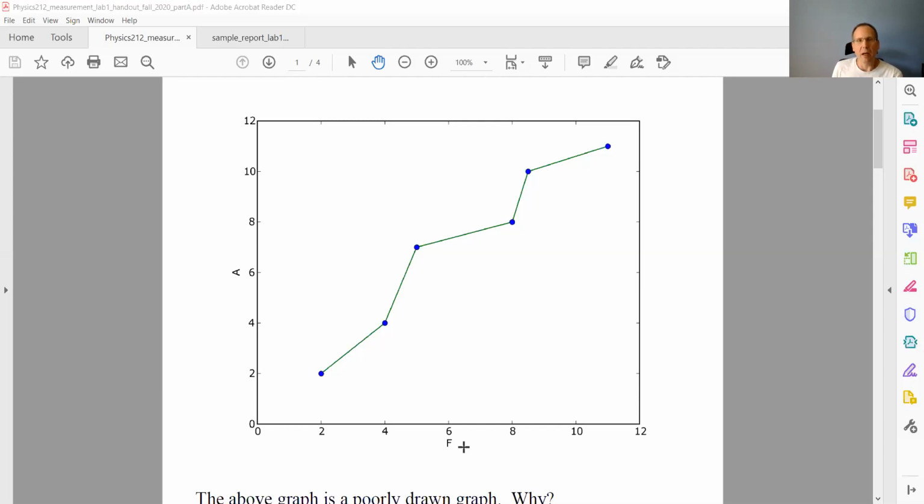Okay, another thing, typically this graph should represent the relationship between these two variables, right? So we want to represent the relationship between, let's say, acceleration and force. Now, this may not be the best way to do it, just by connecting our data points with line segments, right? Probably don't want to do it that way. It doesn't really show a relationship. What you want to do is have a curve of best fit that goes through all of your data. In this case, probably a line of best fit would be best, right? So if we have a line that fits the data the best,